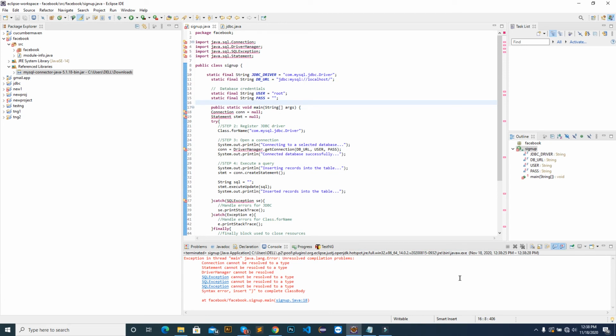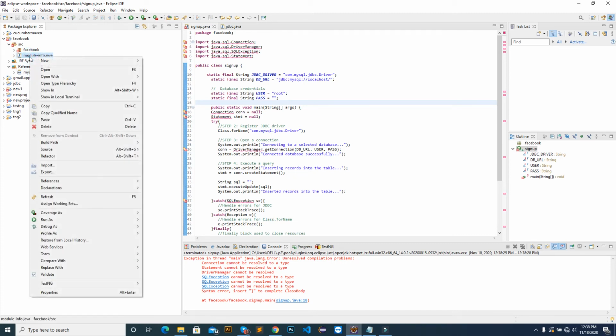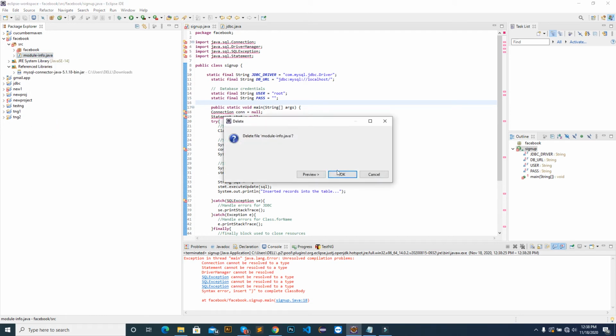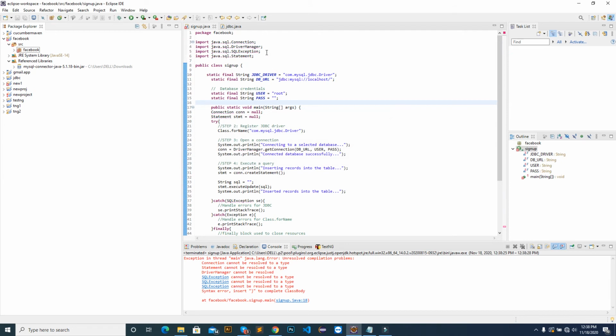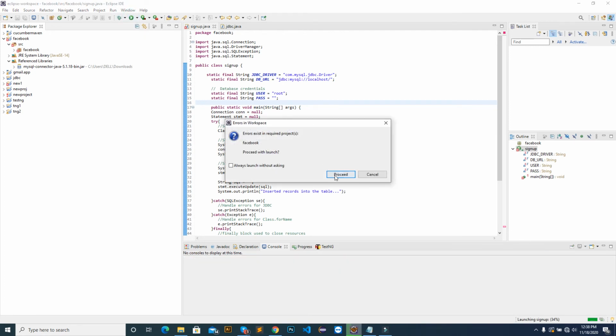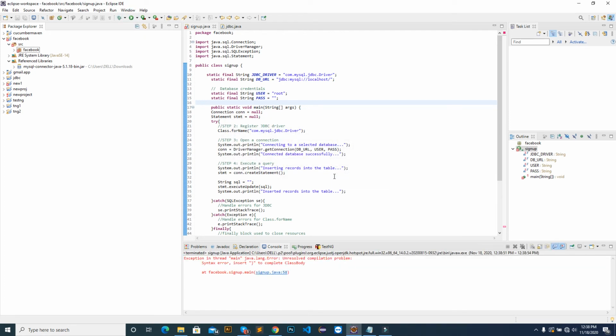SQL exception, unresolved compilation problems. I should remove this module.java, right? Because this is not needed. Okay, gone. That error gone, right? Now I go here and execute this.